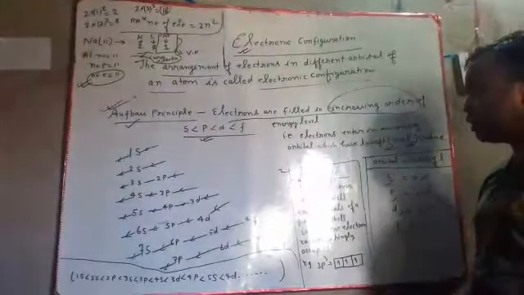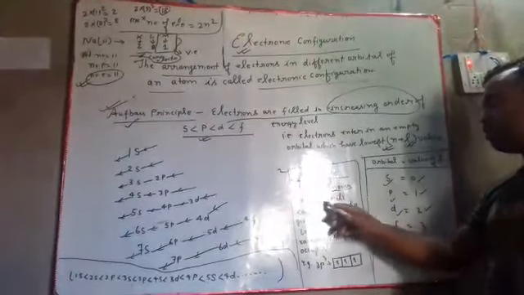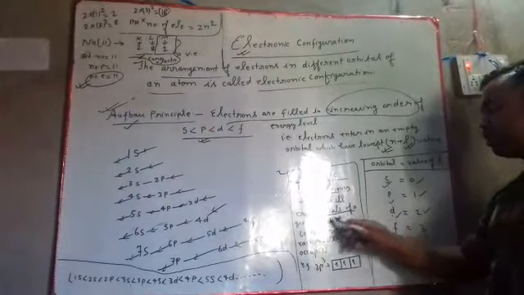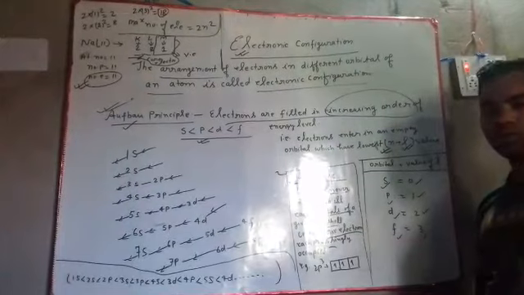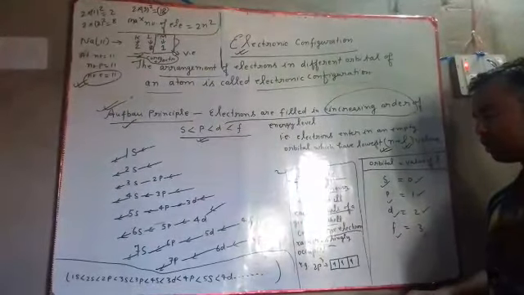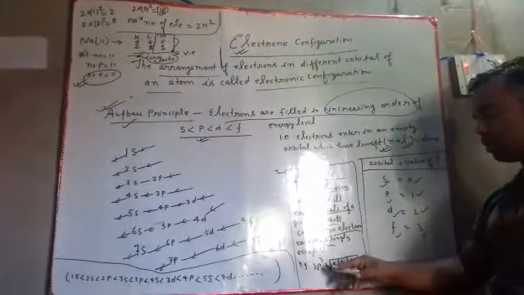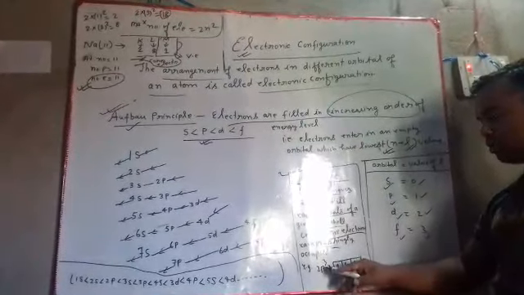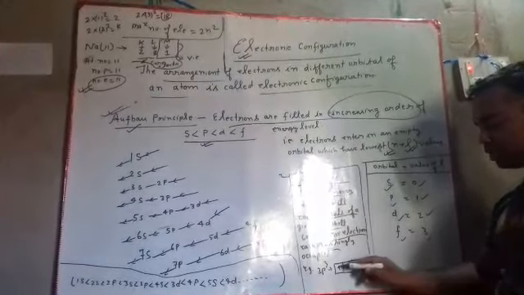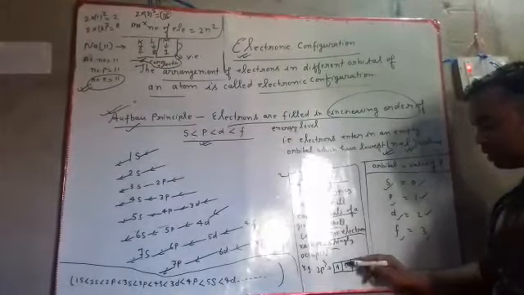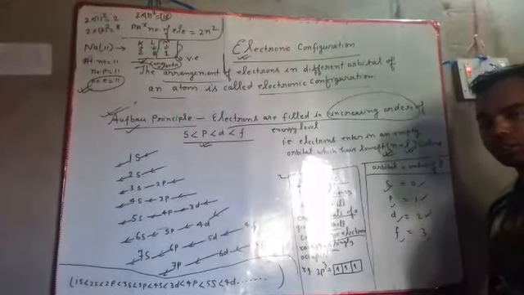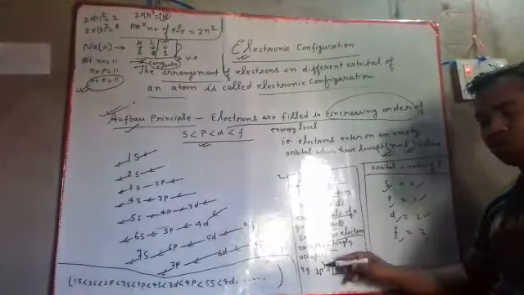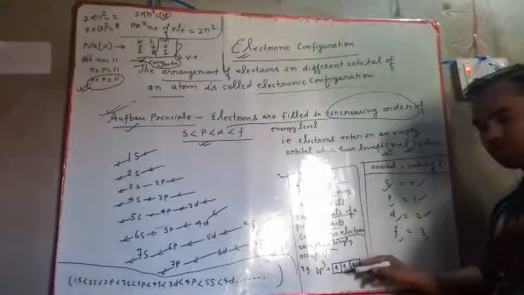And what does Hund's rule tell? Electrons never pair up until each orbital of a given subshell contains one electron, or is singly occupied. For example, if you have 3 electrons, how are the electrons arranged? First, a single electron will fill in each orbital. Then after, if an electron is remaining, it pairs up.